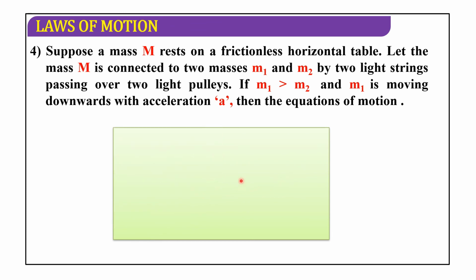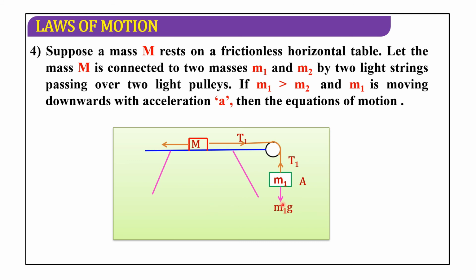See this diagram. Here we are taking a mass m at rest on a frictionless horizontal table. Let the mass m be connected to two masses m1 and m2 by two light strings passing over the two light pulleys. These two are pulleys. If m1 is greater than m2, m1 is moving downwards with the acceleration a. Here acceleration is downwards. Then the equation of motion is,